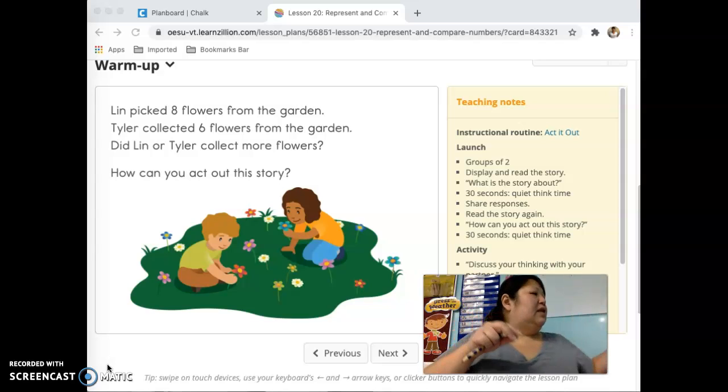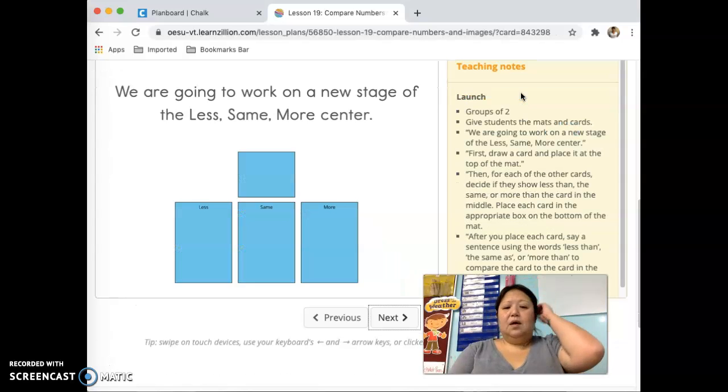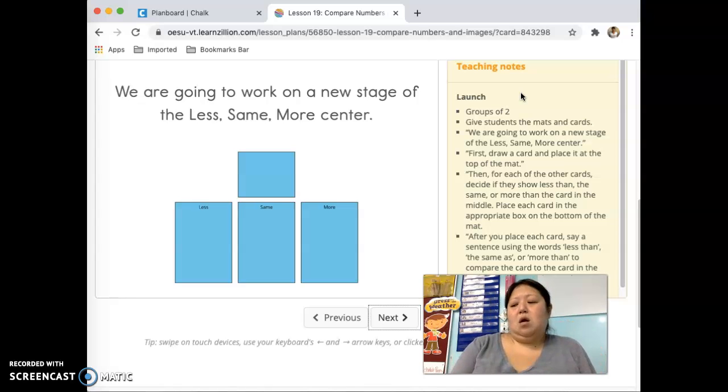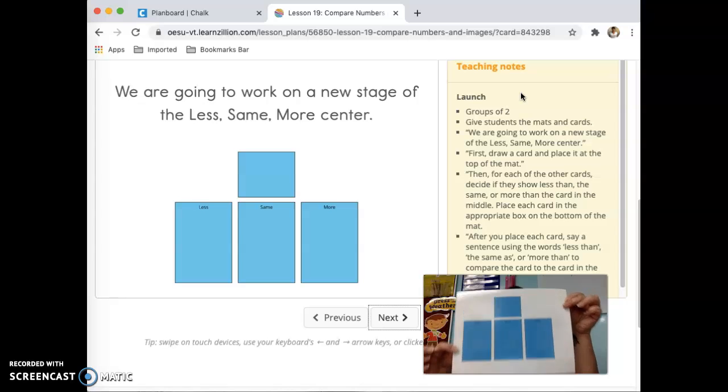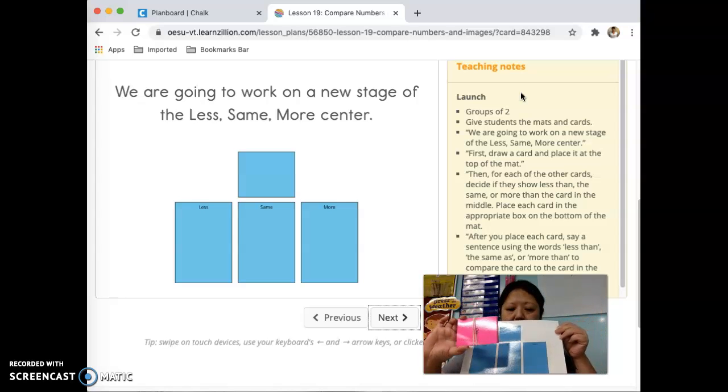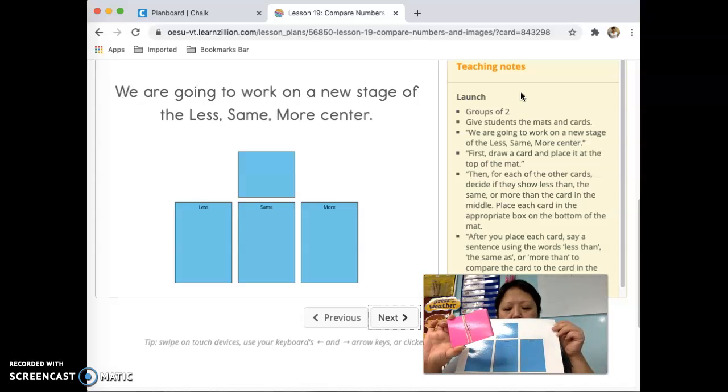The next activity we're going to do is a new stage of the game, Less, Same, More. We've played this game a few times. You're going to need your Less, Same, More game board, and you're also going to need a deck of cards, and I think yours are kind of a purply blue color. Okay, so